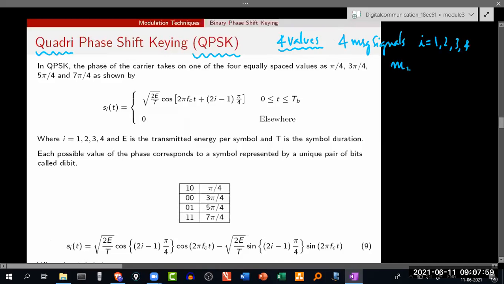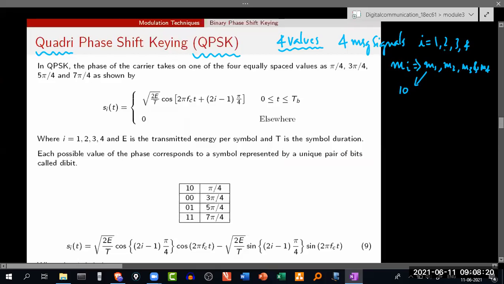So here mi can be rewritten in terms of m1 of t, m2 of t, m3 of t and m4 of t. So here we'll have 4 message signals such that I'll map this m1 onto 1 0,